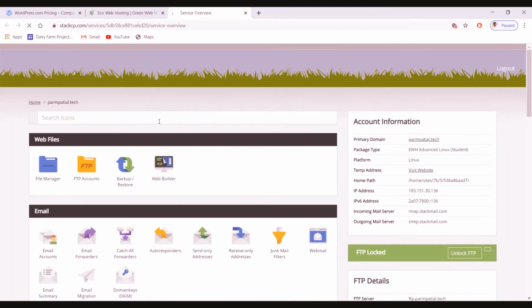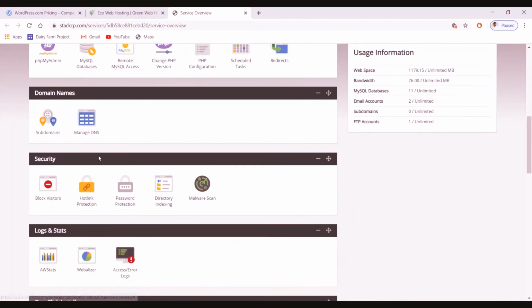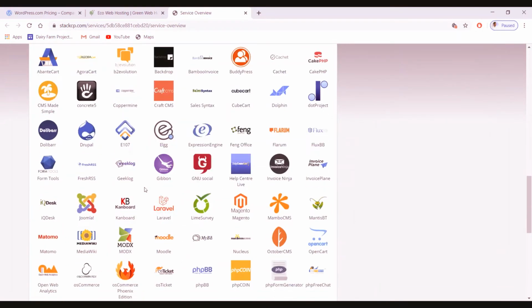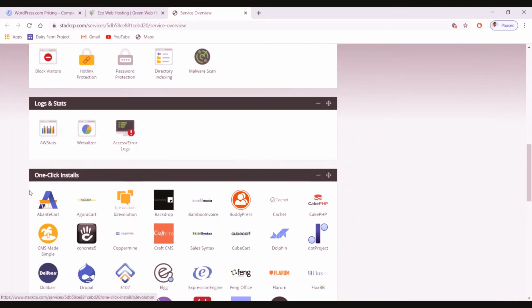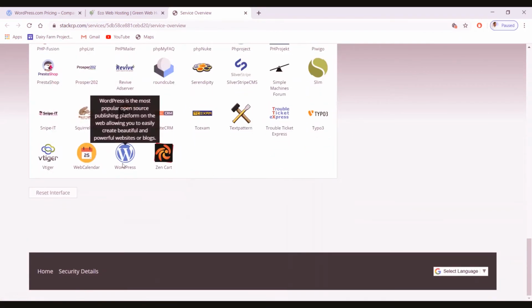Whenever you have your hosting and domain name with you, you simply deploy over this, and after that you will get a cPanel that is very common in all web server providers. Then in order to install WordPress, you have to go to one click install, and here you will find WordPress.